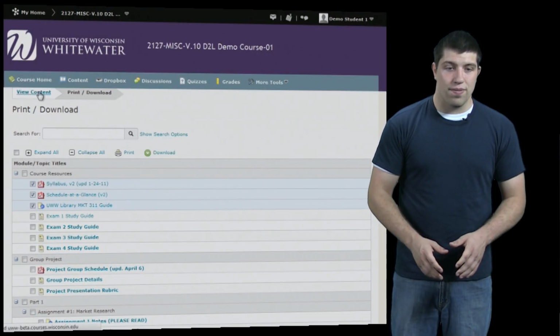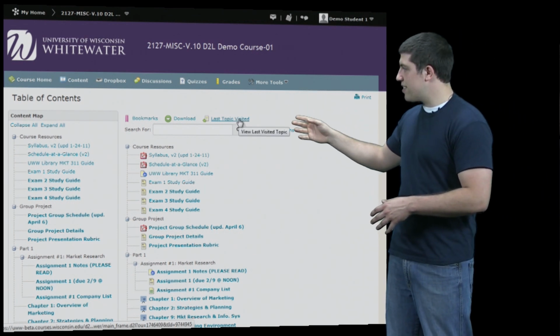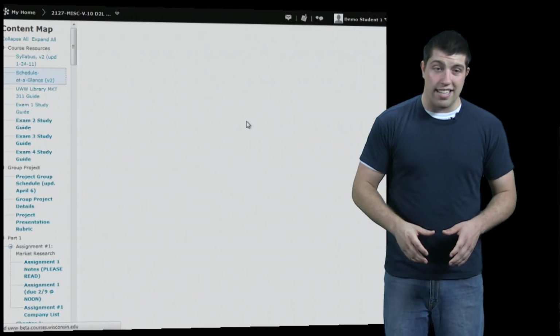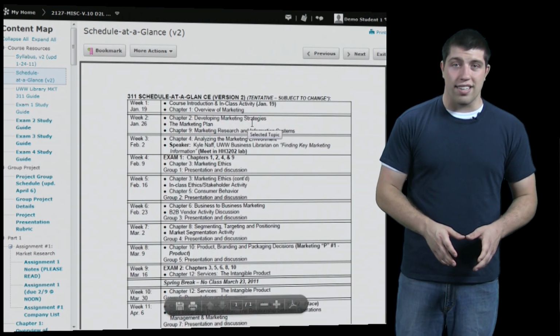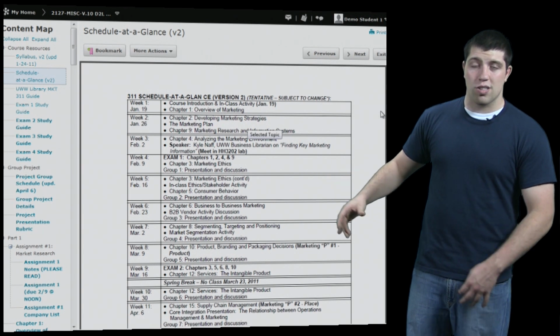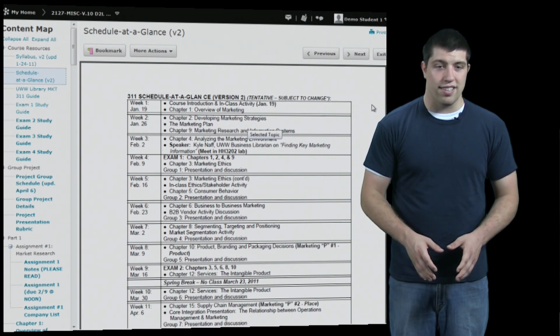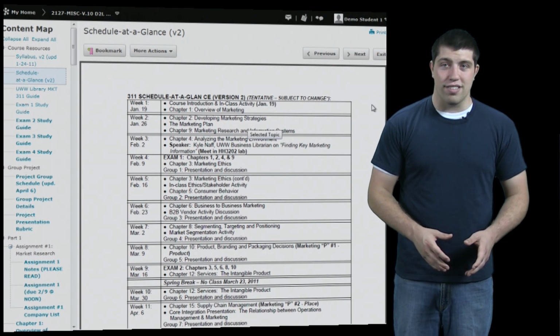Now, lastly, from the main page, we can see the list of recently visited things, or last visited things. If we click this, we'll see the last piece of content that we observed. This syllabus was the last object that we'd opened, so by clicking the most recently visited object button, we're brought straight here. That about covers it for content.